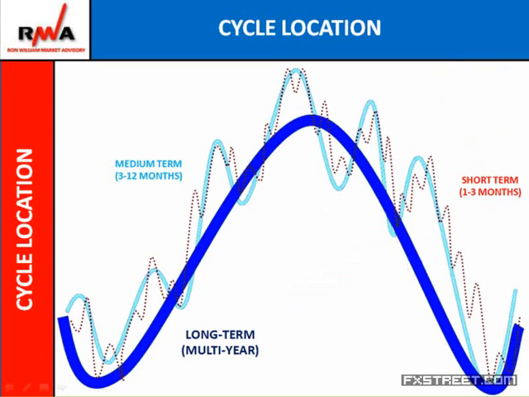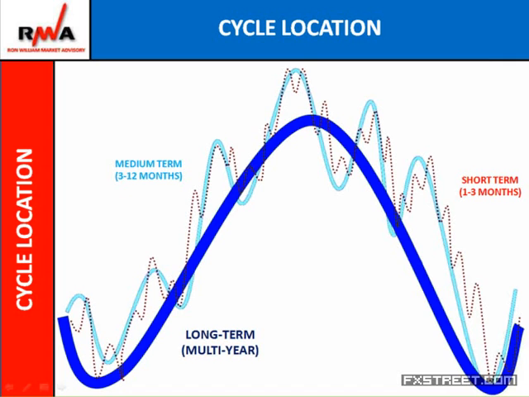Now, that was just a quick point I wanted to make, and quite a timely one on Apple. But probably the big picture here is more on the roadmap side, and this is just a theoretical cycle diagram that I like to show in each of my webinars. Cycles generally come in threes: long-term cycles, which tend to be multi-year cycles, the big fat blue line; medium-term cycles, which tend to last from 3 to 12 months, the light turquoise line zigzagging around the big fat blue line, the long-term cycle. And then the red dotted line, the short-term cycle, which can be anything from 1 to 3 months, or you can maybe think of intraday activity as a short-term cycle.